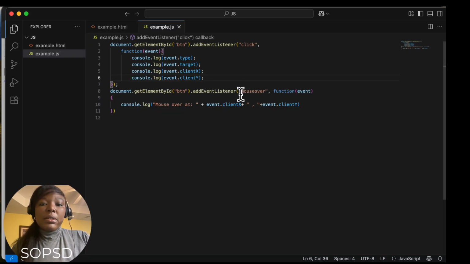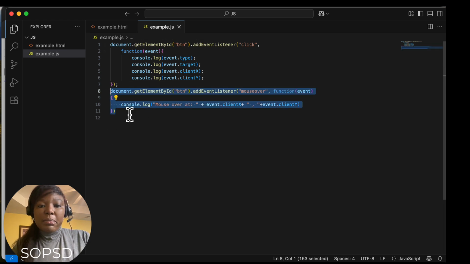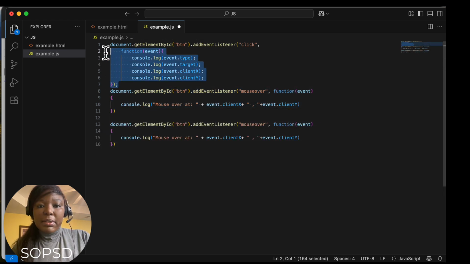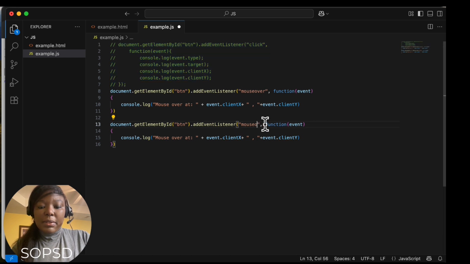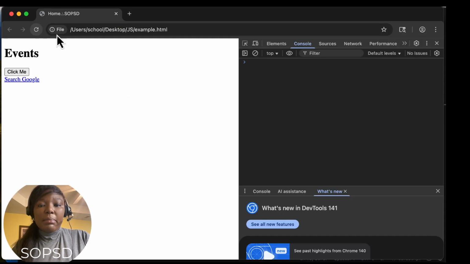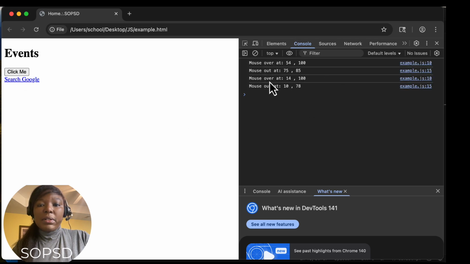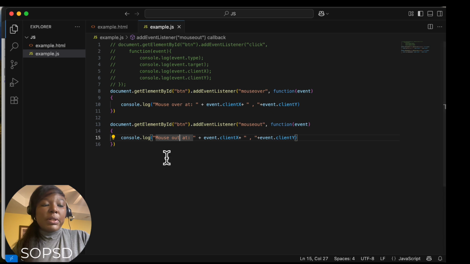So when we did the mouse over, you can also do the mouse out. Okay, let's do mouse out event here. Let me mouse out here instead of mouse over. Let's do mouse out. We want mouse out at to tell us where the mouse out. So mouse over here, mouse out here, mouse over, out. So it gives you the coordinates of when you mouse over and when you mouse out. So we have seen how we can get access to the different information that the